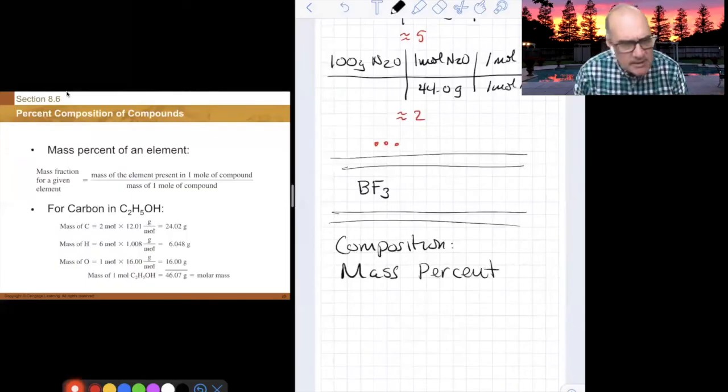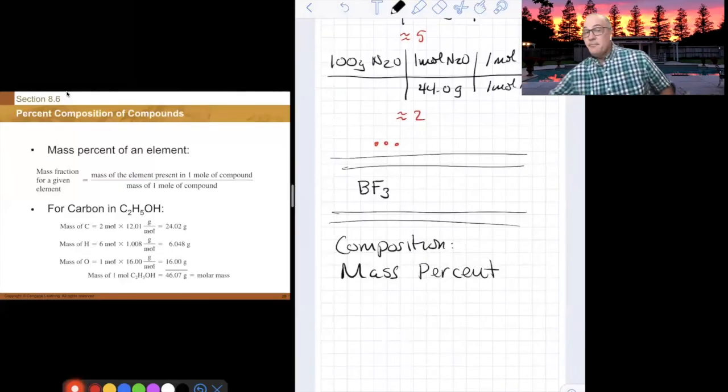Mass percent is a fairly common composition that chemists use to communicate with other people, right? In other words, let's say that you want to fertilize your new fruit trees and you're looking for a fertilizer that's high in nitrogen content, right? As a normal, everyday person planting trees in their backyard, you're not really concerned about what the formula is or having to figure out the molar mass or anything like that. For you, all you want to know is what's the amount of available nitrogen in mass percent for your bag